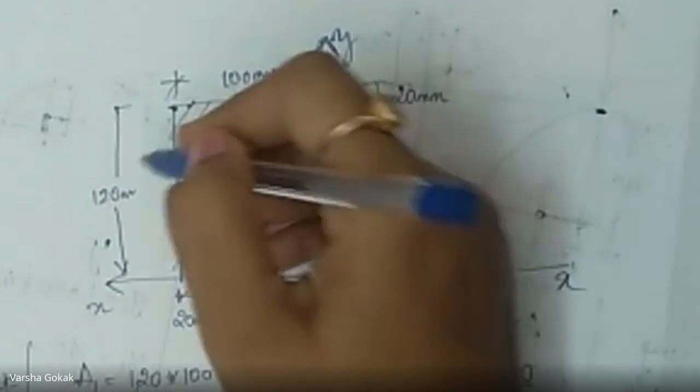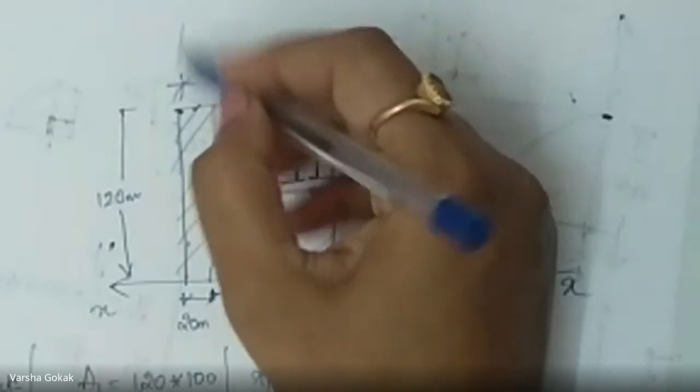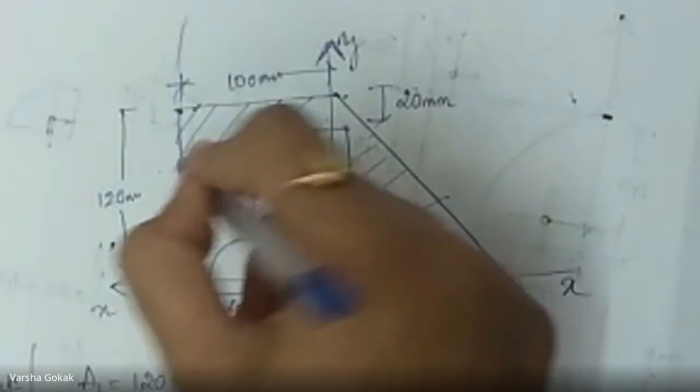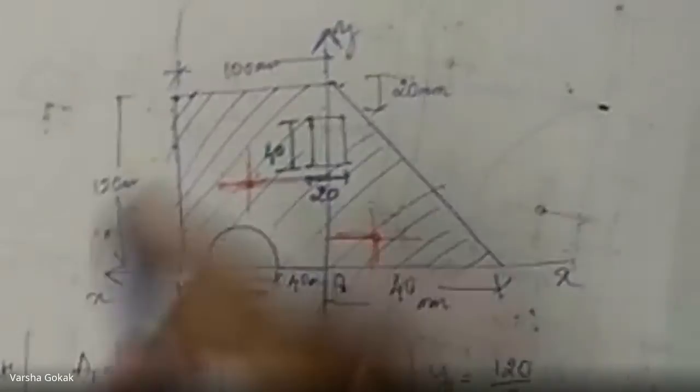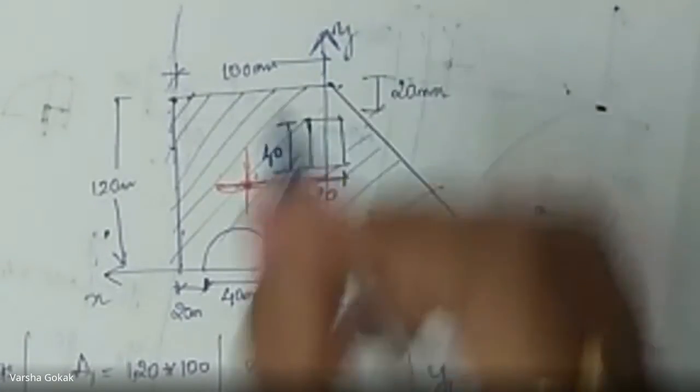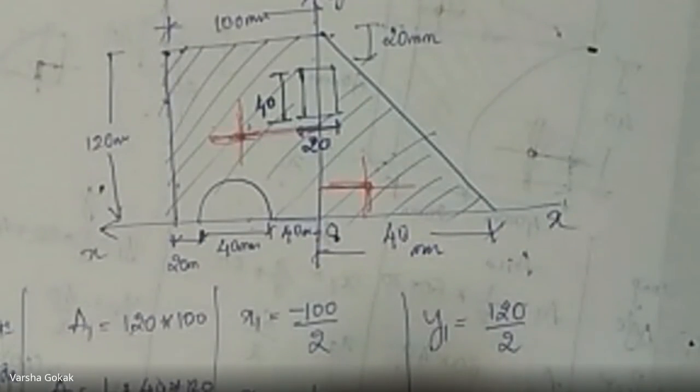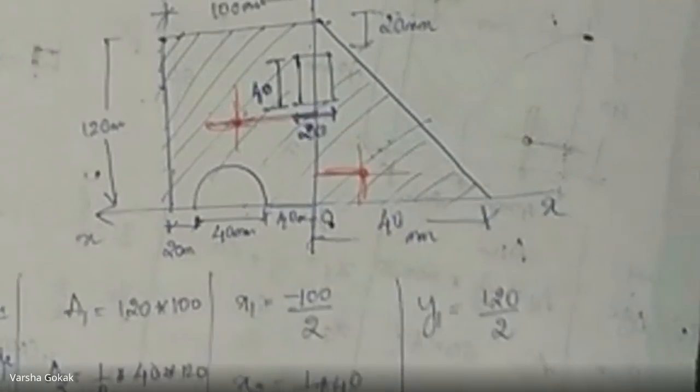So with respect to y, you don't have to come here. If this was y, then I would have taken plus 100. But that time for this figure, I would not have written x as minus that. Okay. So here is your y. This is our reference axis. So x2 is just 1/3 of 40, which is positive.